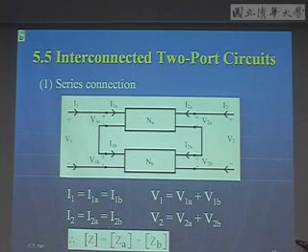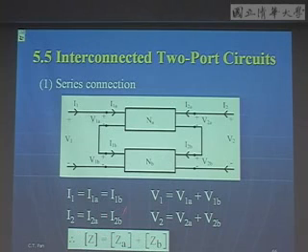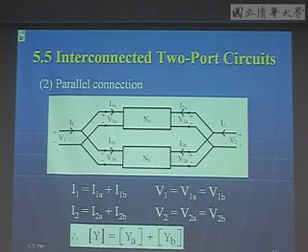So this is a series connection because the input voltage is the sum of these two input voltages, and the output voltage is the sum of these two output voltages. So the resultant Z matrix is equal to the sum of Z_A plus Z_B. 刚刚证明过了。Similarly for parallel connection, the input voltage V1A, V1B is equal to V1, and the output voltage V2A, V2B is equal to V2. 这个你可以看这变联的连接方式很清楚的。